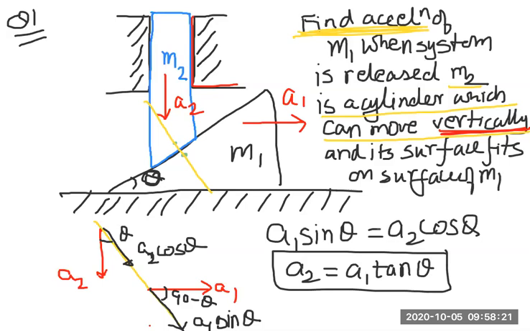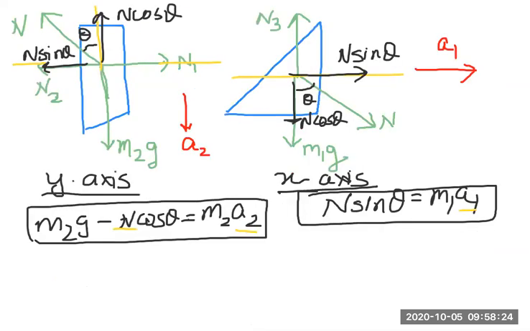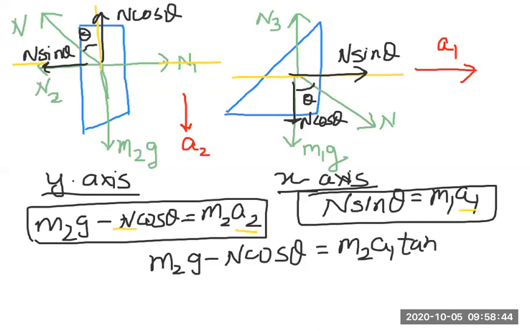Going back to the two equations that I have written, the relation that I have got is A2 is equal to A1 sine theta. So I get M2G minus N cosine theta is equal to M2A1 tan theta, and N sine theta is equal to M1A1. This seems like pretty normal